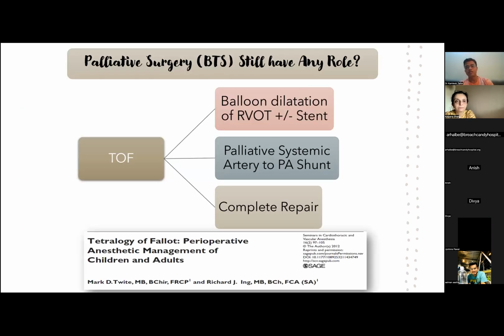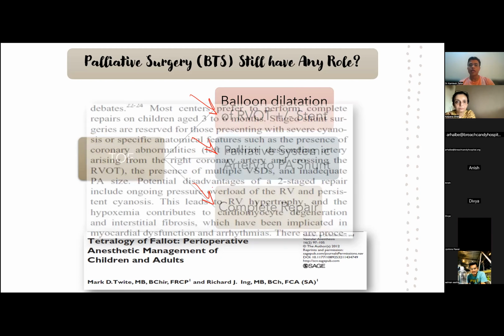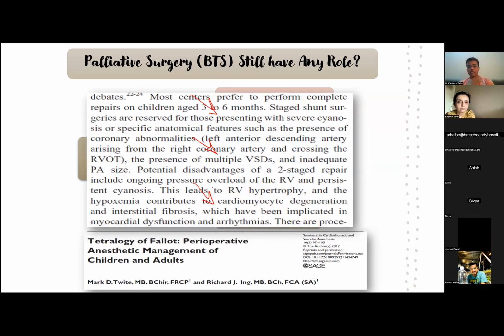These are the three options which I have already discussed, that TOF can come with the option of RVOT stenting, palliative procedure, or complete repair. There is a lot of literature about performing BT shunt, and as I mentioned a few of the things, we will not go into the detail of all these slides because this is not for the purpose of the students. But gradually the